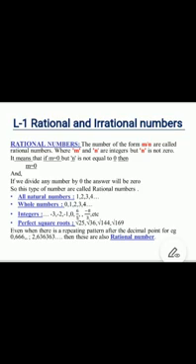Children, even when there is a repeating pattern after the decimal point, for example 0.666 infinite or 2.636363 infinite, then these are also rational numbers. So children, now what are rational numbers? Yes, rational numbers are nothing but all your natural numbers, whole numbers, even numbers, odd numbers, prime numbers, integers, perfect square roots.